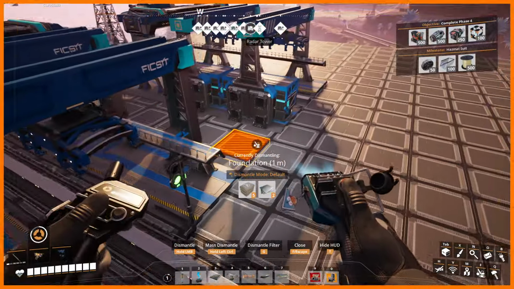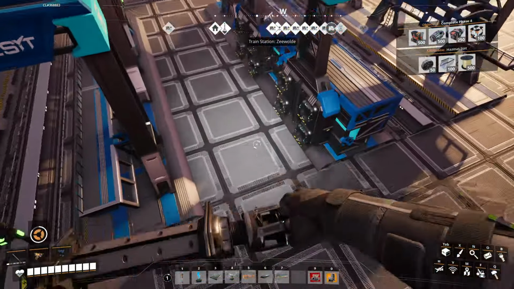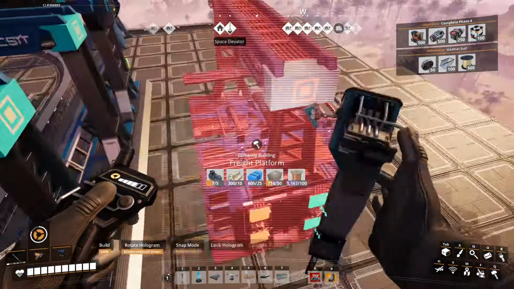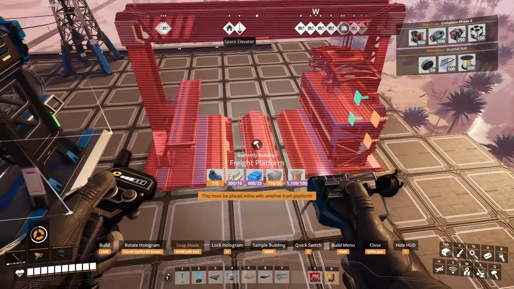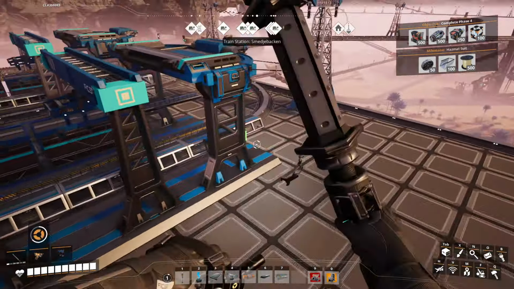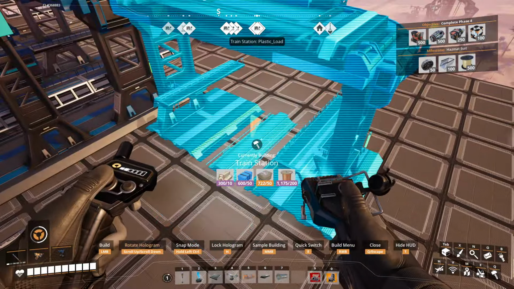Out of here. Done. Excellent. Okay, so copper. I'm going to be hauling Caterium from there. One of these is going to be... Oh, right. One of these is going to be...